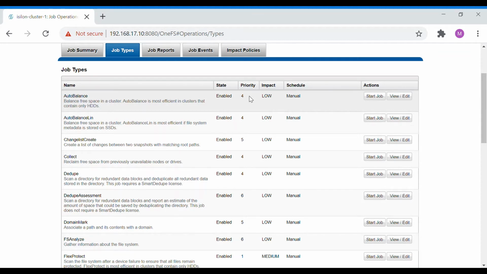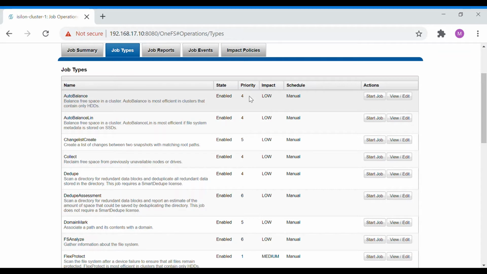And apart from that, each job will have an impact. This impact has three types: low, medium, and high. The impact is nothing but the amount of resources that has been given to the job from the cluster, that is, the number of workers that has been assigned to that particular job.